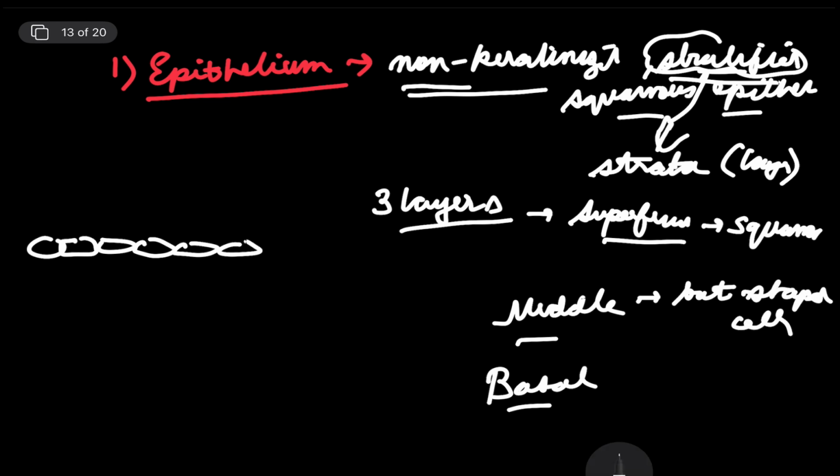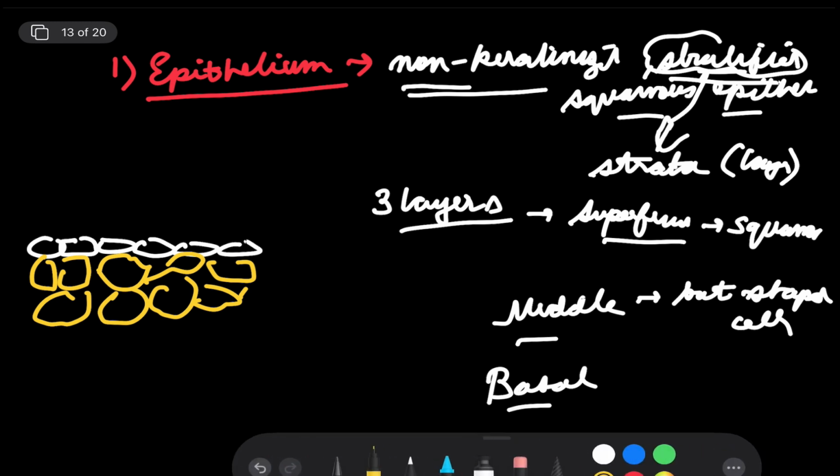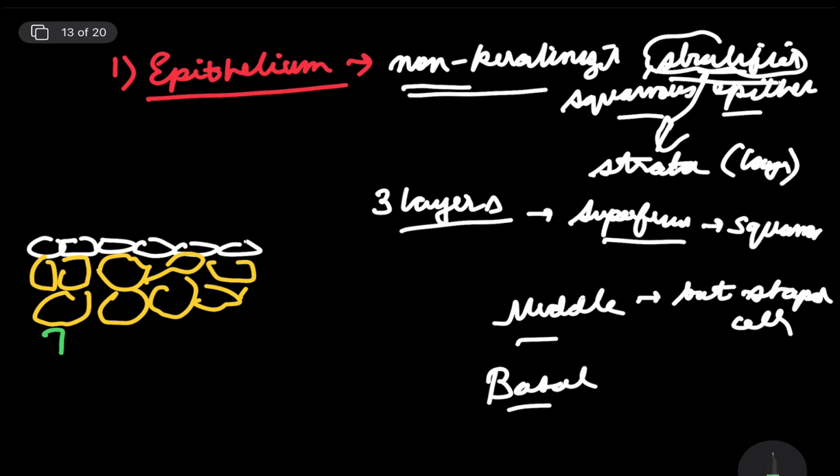So the middle layer, it is like this, bat-shaped cells. Then the basal most cells, they are what we call columnar. So even though we are calling this a stratified squamous epithelium, that name is solely based on the superficial most layer of the epithelium, which is squamous. But if we see the deeper layers of the epithelium, we will find out that